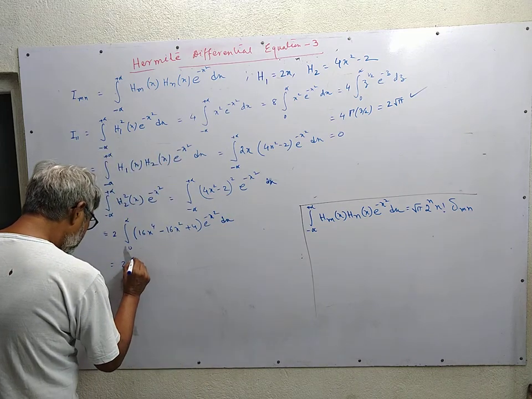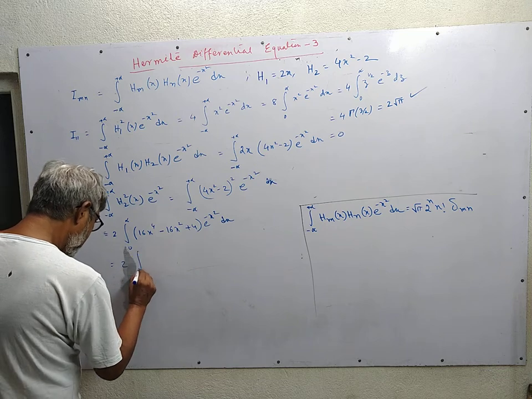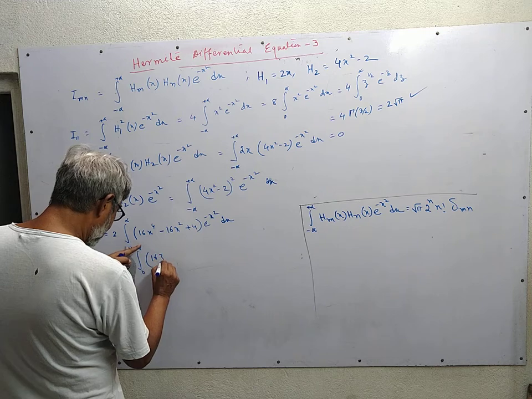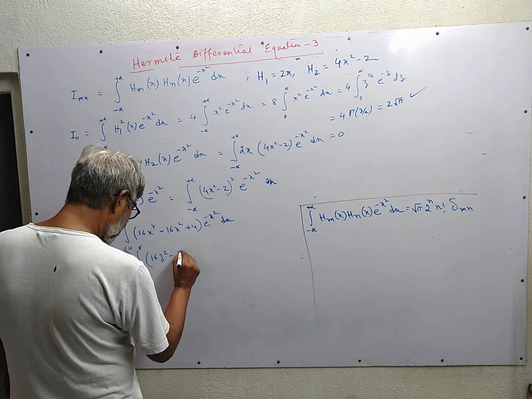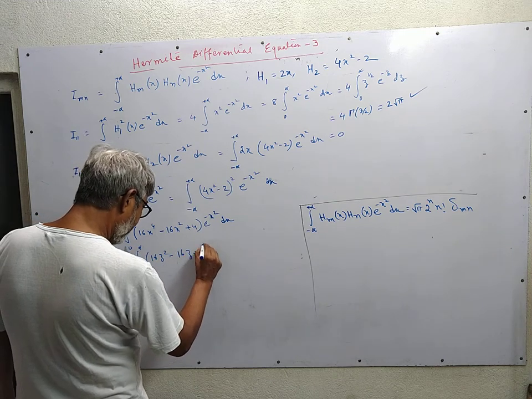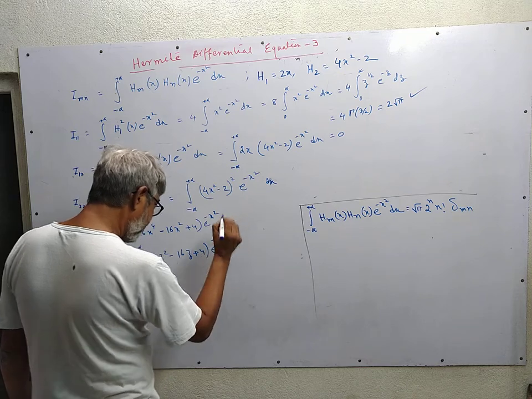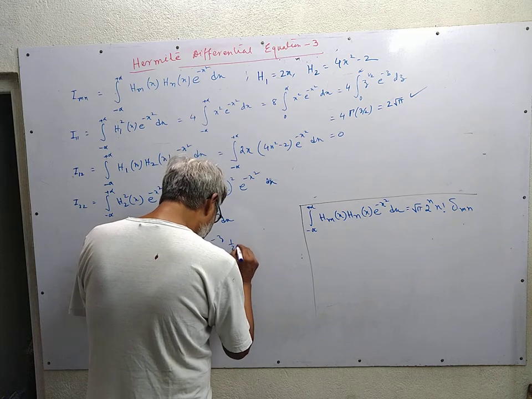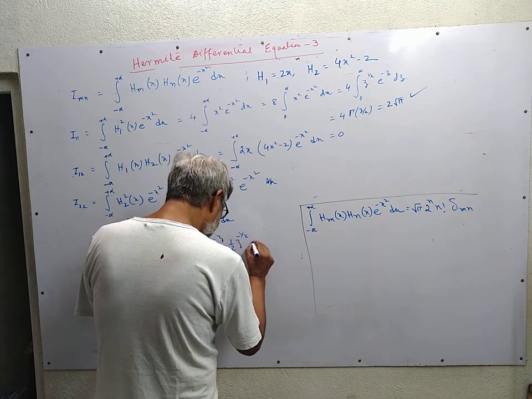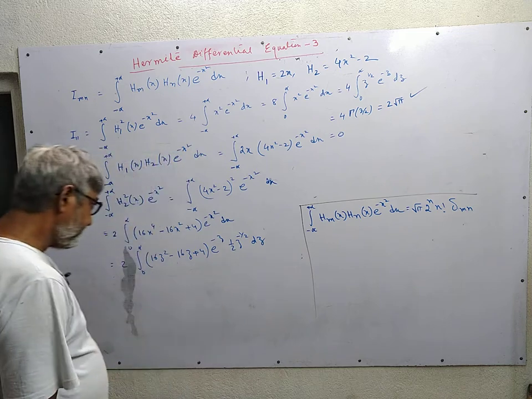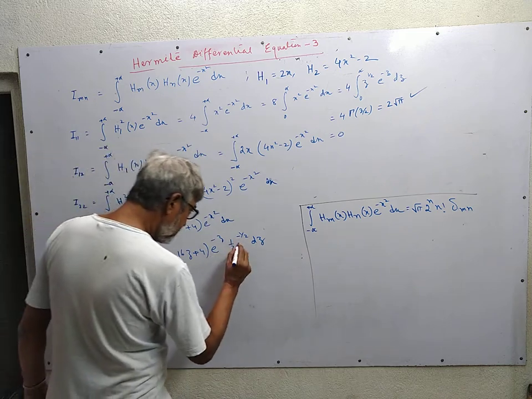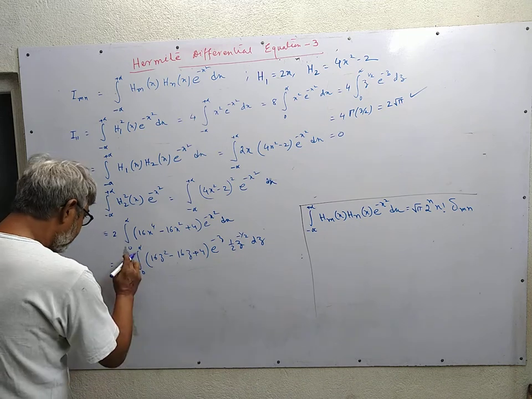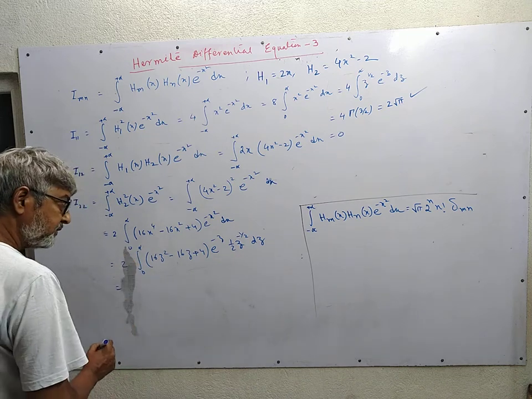So this is 2 times the integral of 16 z square minus 16 z plus 4 times e to the power minus z, and for dx we write half z to the power minus half dz. This half cancels with this 2 and the result is